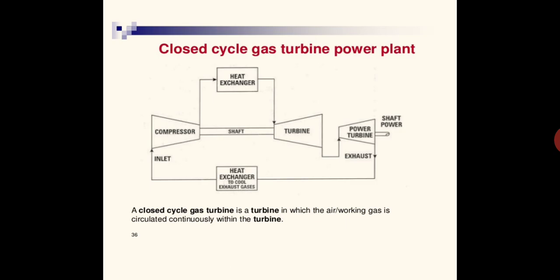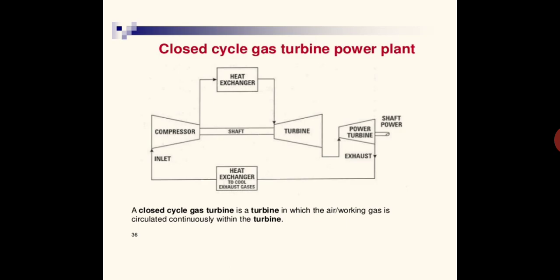So again that combustion product is passed through the compressor, so that it is further compressed and recirculated. But there is always a requirement for some amount of oxygen for the combustion. Already the combustion products will lack the percentage of oxygen, so we cannot completely recirculate all the combustion product. What we will do is recirculate only a portion of the combustion product, so that some part of the air taken from the atmosphere is mixed inside the compressor, so that complete combustion inside the combustion chamber is ensured.